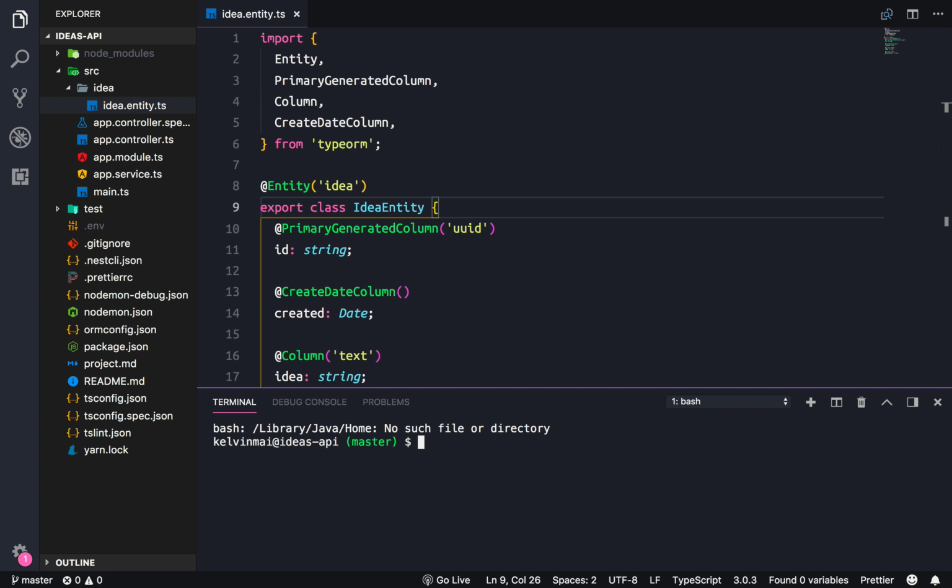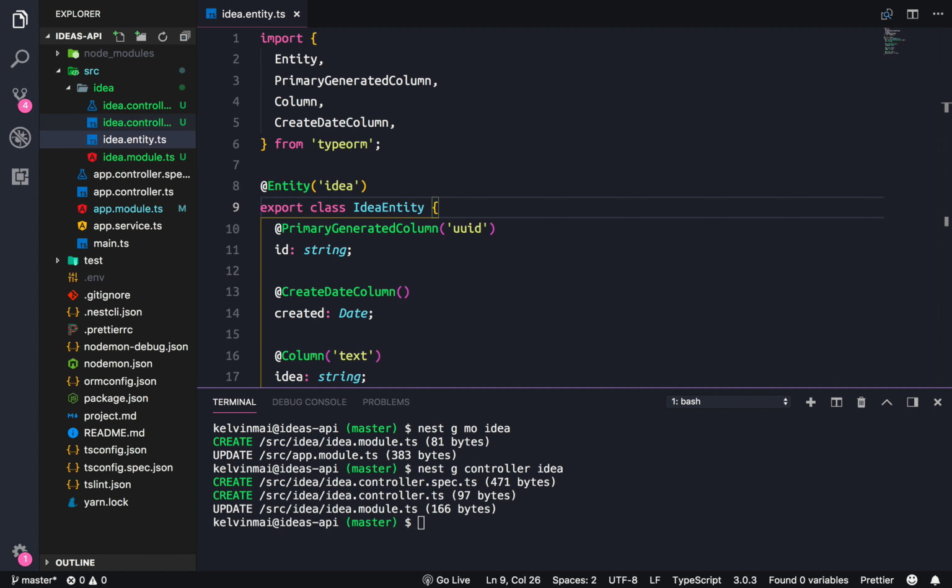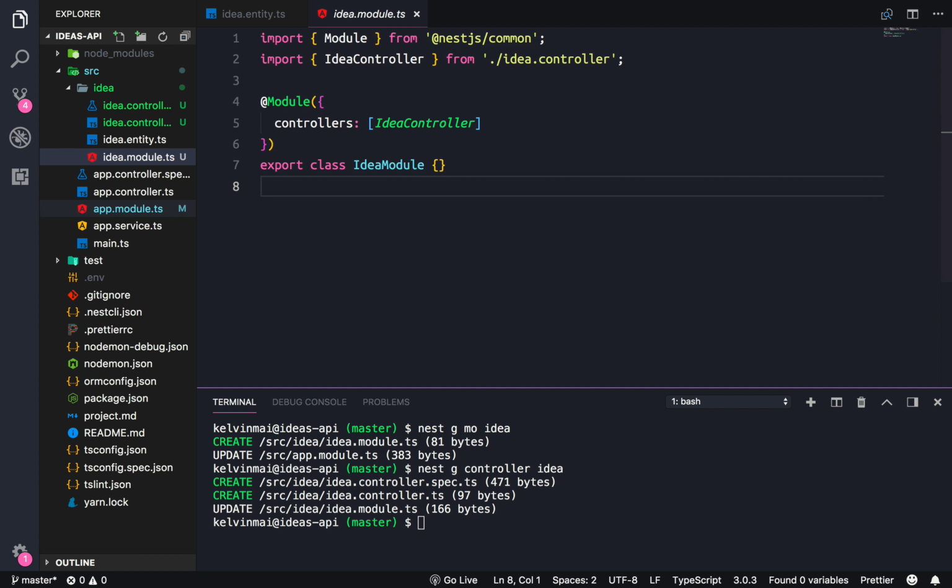So actually we need a module first, so let's use the Nest CLI. So nest g for generate module, which is abbreviated to mo, I believe. And it's gonna be idea. And then we need to generate controllers. Idea. Hopefully that puts it in the right place. Idea module, idea controller,